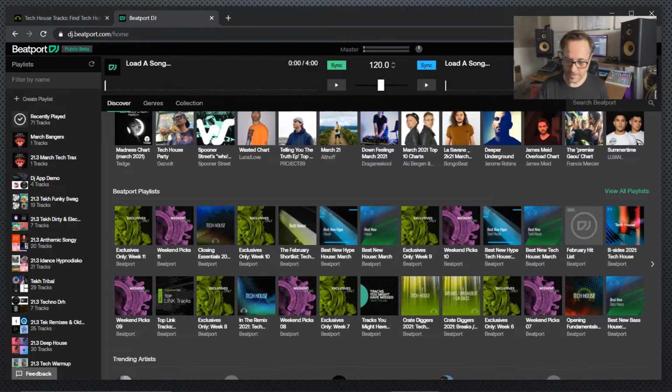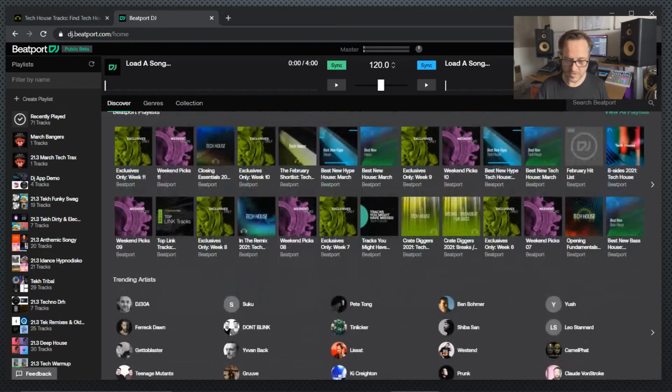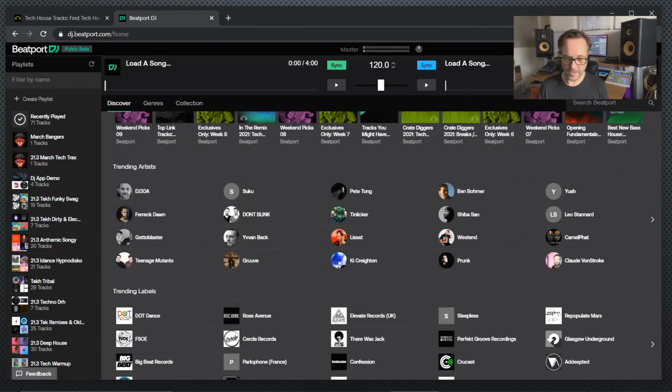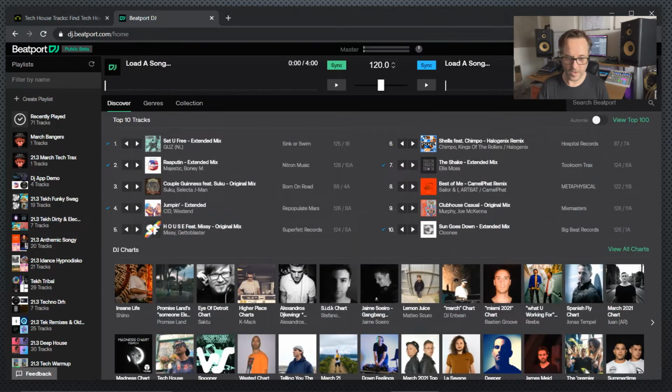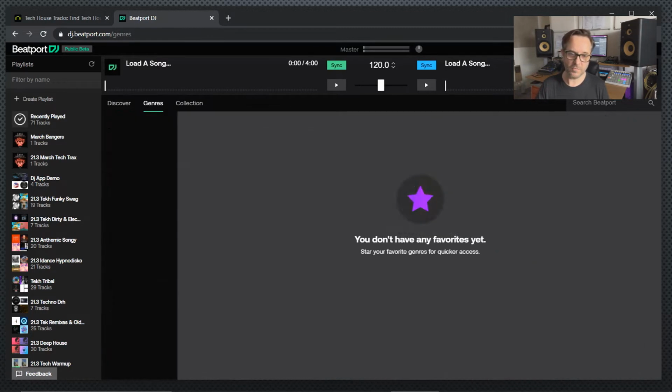You've got your hype, you've got your top hundreds, etc. And then you've got your trending artists as well, Pete Tong or somebody, Camel Fat, someone like that. Trending labels. So lots of different ways to sort of zoom in and find music that you want and that you might like. If you go to the Genres tab,